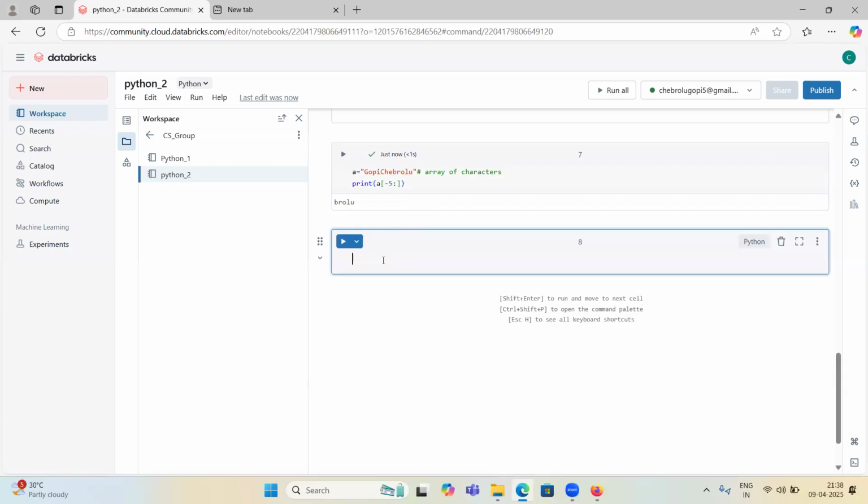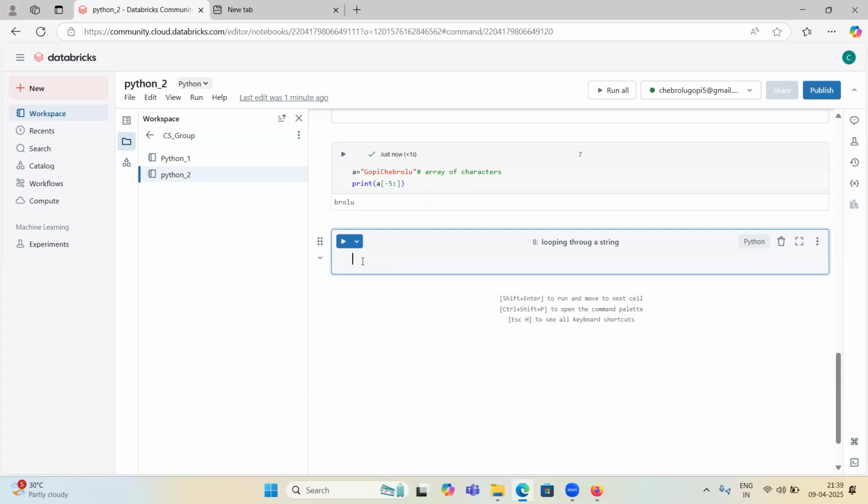So how can we loop through a string? I told you, a string is nothing but an array of characters. I mean, the 0th position has G, the first position has O. So we can loop through the string, right? So how can we loop? We have a for loop, right? We will discuss if else blocks, for loops and while loops maybe on Monday. But to show you how we can loop through a string,